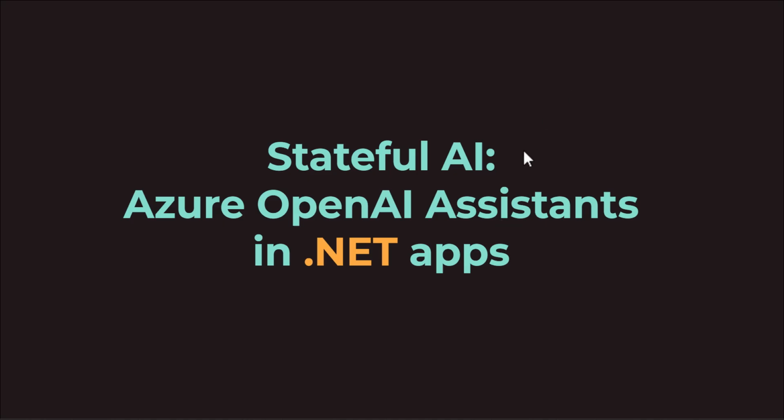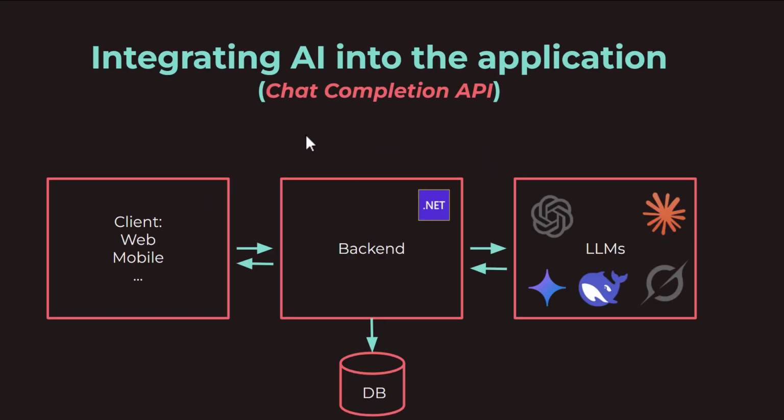So in a simple way of dealing with the LLM in your .NET application, you will have a web or mobile client send the prompt to your backend, which is already connected to some LLM. The backend sends that prompt to the LLM and gets the response. You may want to save the response into a DB, and then finally return that response to the client. So here is a very high level overview of using the LLM